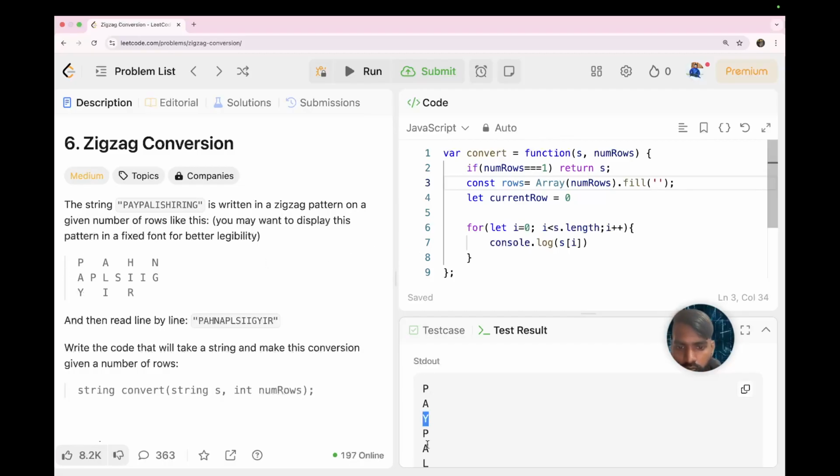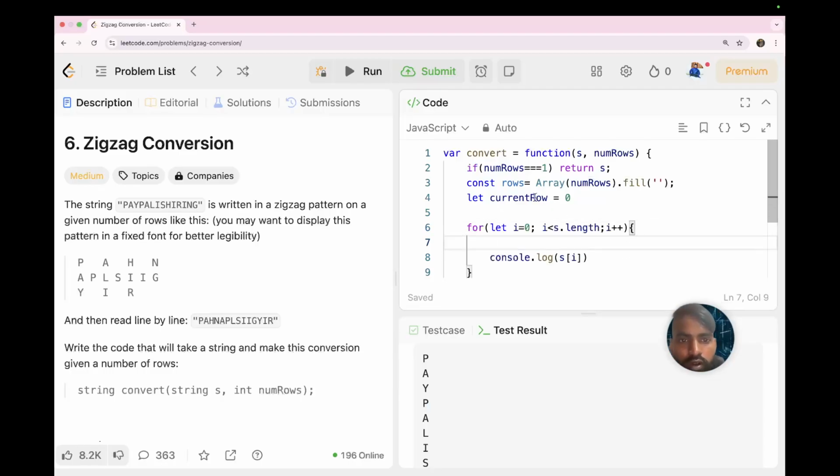And after that we need to go for the first level, so these need to be read for the next column. So for the current row, we are going to put all the things in this. First of all we need the current row equal to